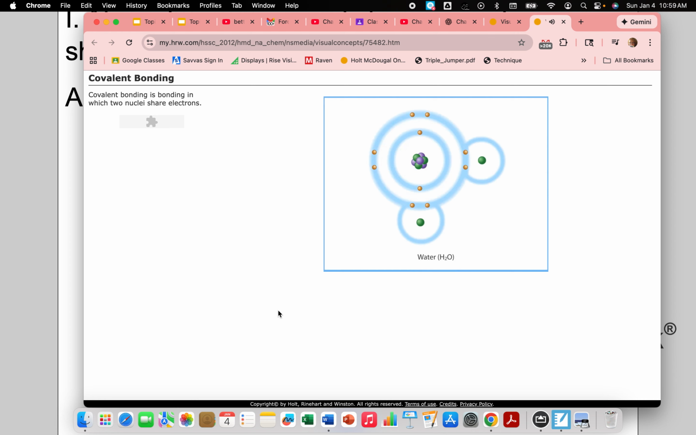Again, we see that covalent bonding gives each atom a full outermost energy level. The outermost energy level for hydrogen can hold 2 electrons. The outermost energy level for oxygen can hold 8 electrons. In covalent bonds, the shared electrons move between the atoms that share them, forming a single electron cloud around both